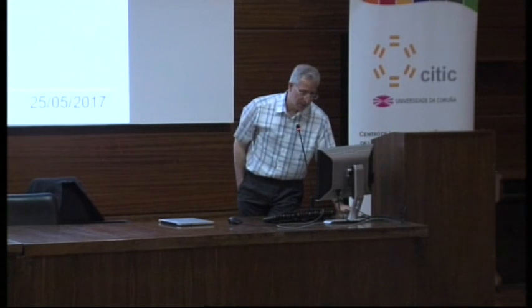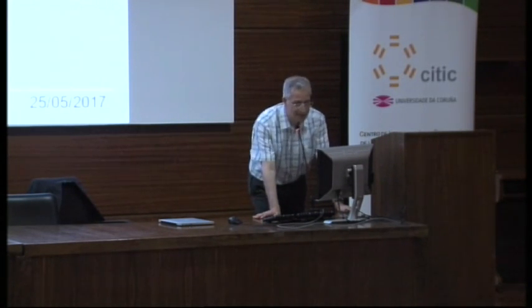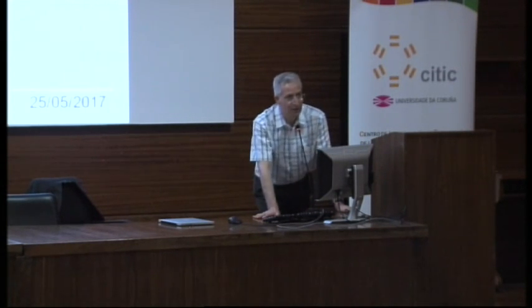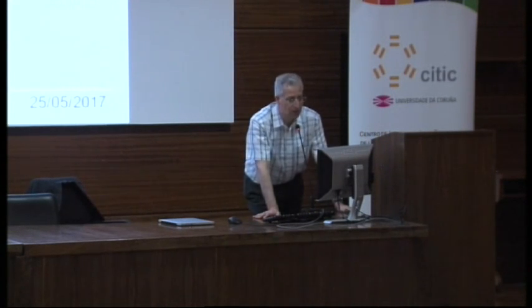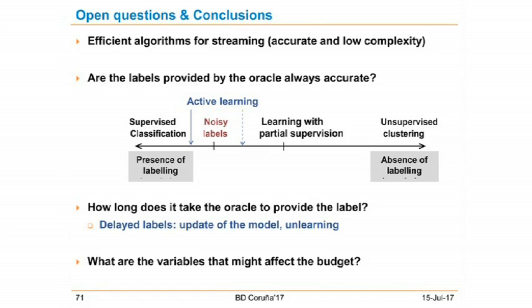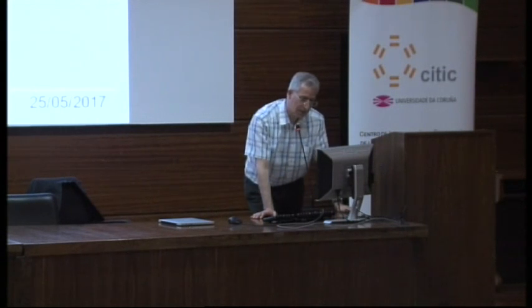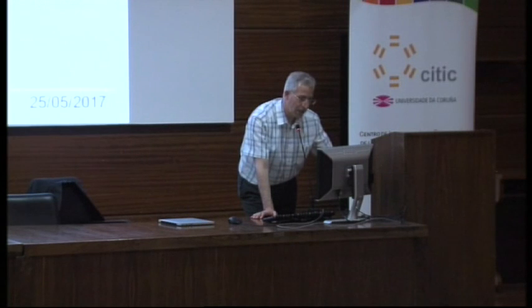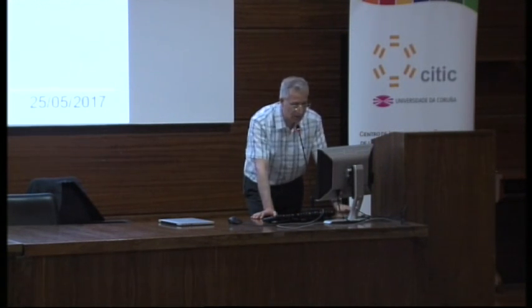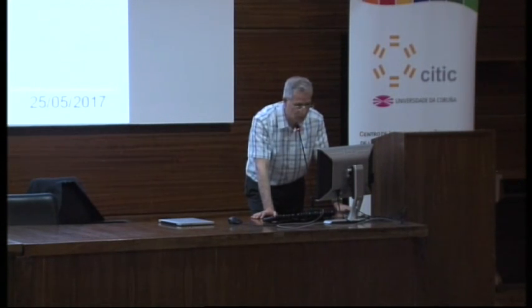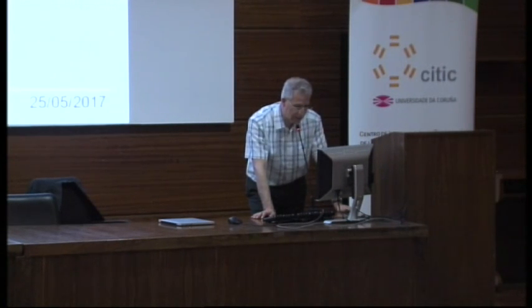We also, in the context of active learning, sometimes rely on a human being or system to provide an accurate label. And most often the data you get from experts is not necessarily accurate. So you have to cope with this problem, taking the risk to filter the data, whether it updates the model in a positive way so that the model will react better, or will do less well, and then you can do what we call unlearning. So you basically try to unlearn the data that you used to update the model,